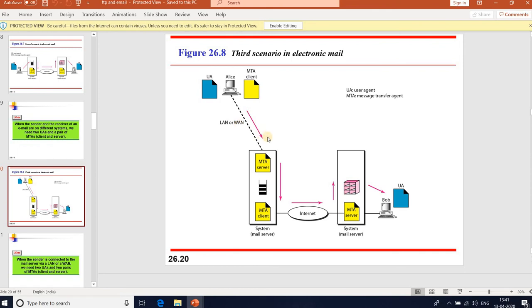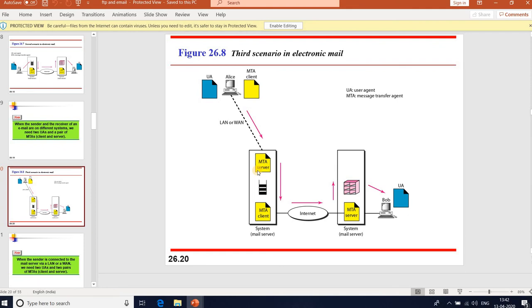Point-to-point WAN is nothing but dial-up modems, DSL or cable modems. On LAN, she is connected to the LAN in an organization that uses one mail server for handling the emails. So all users need to send their messages to the email server first of all.